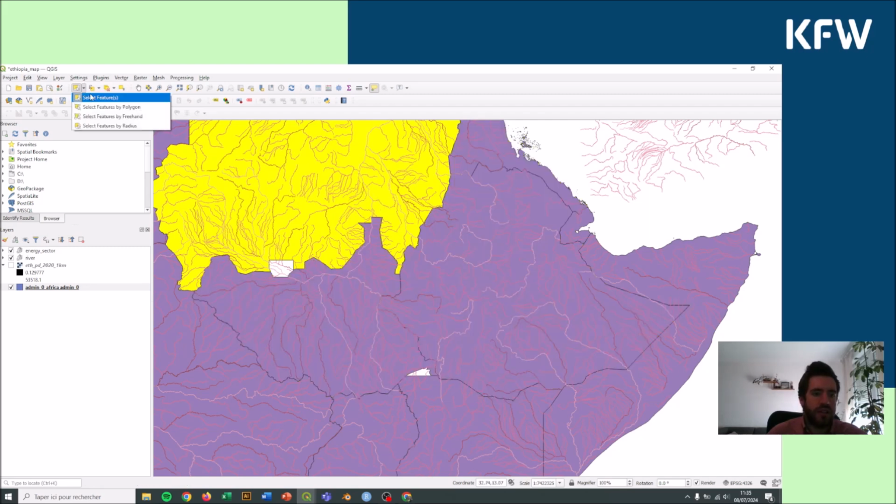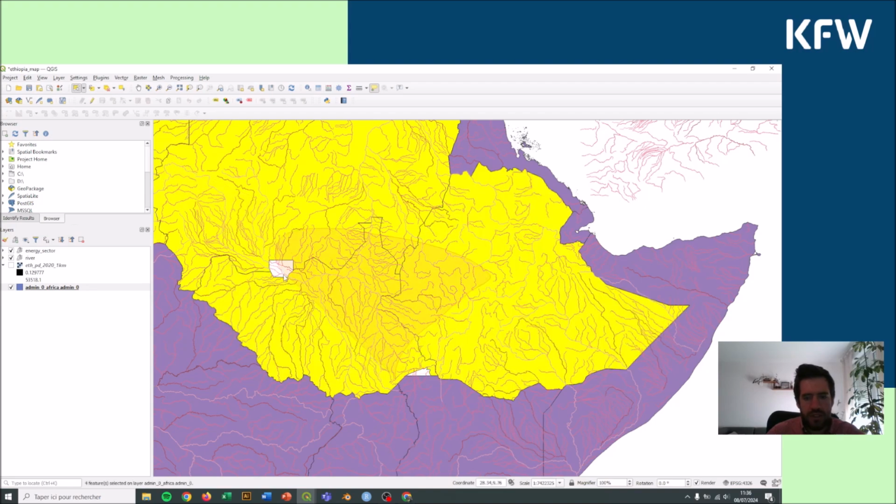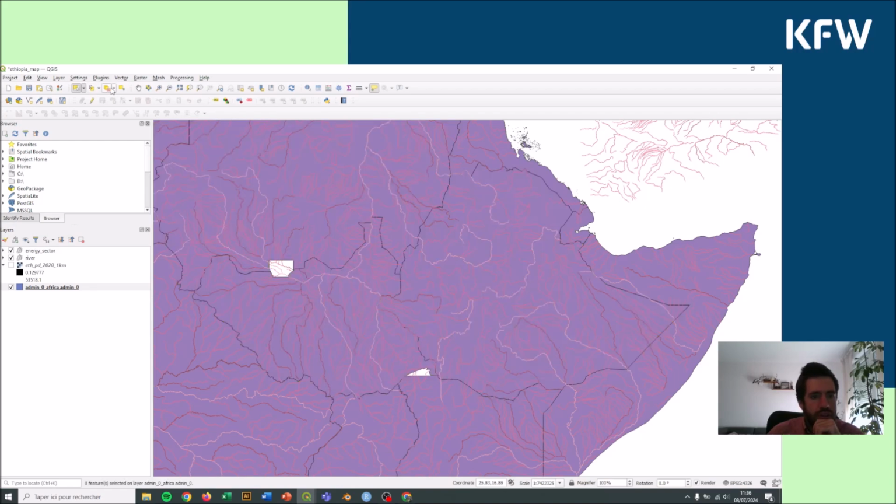You have other selecting options such as polygon, freehand, radius. They're all kind of the same concept. But for example, freehand will allow me, if I just want to select something around here, I will do like this, and once I stop clicking, it will select it. But one that's more important for us is this one. You can unselect here, unselect everything,